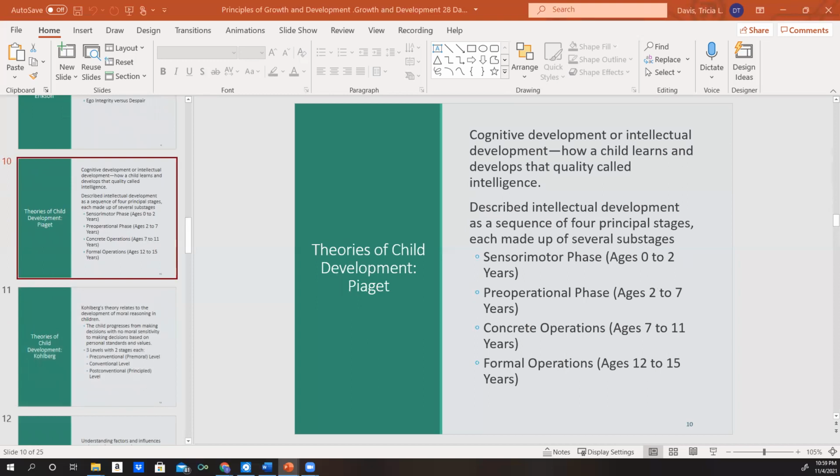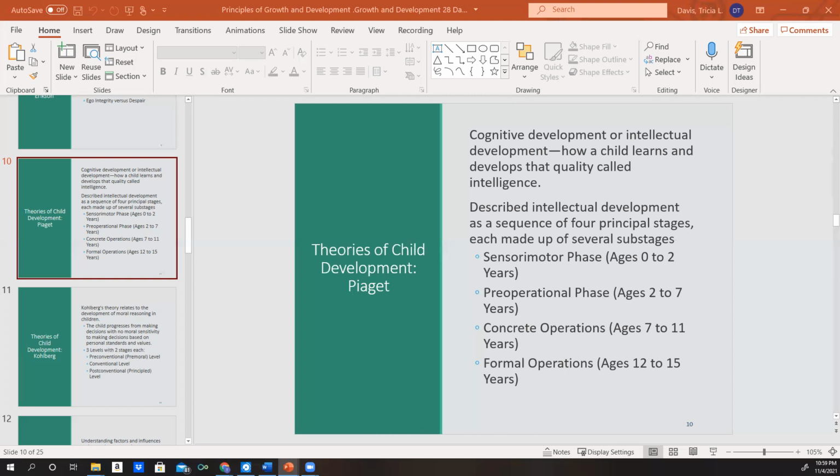And then we know Jean Piaget also brought very interesting insight, and probably what we consider new insight, into the cognitive or intellectual development of the child. He took a good look at how the child learns and develops, which contributes to their intelligence. He described intellectual development as a series of 4 principal stages, each made up of several sub-stages. He believed that all children move through these stages in the same order, but each moves at his or